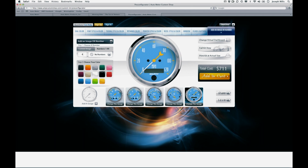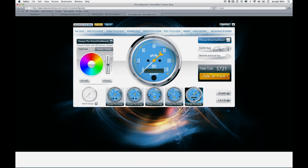Now my car number is 42. So if I want to put that on the larger gauge, I can do that. Or I can add any number of custom images as well. So I'm thinking the checkered flag logo is the way to go with this one. Checkered flag in white. Now, you may not have a white dashboard in your vehicle, so in order to help you visualize that, we have